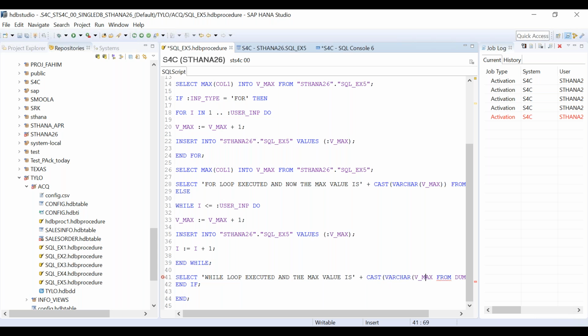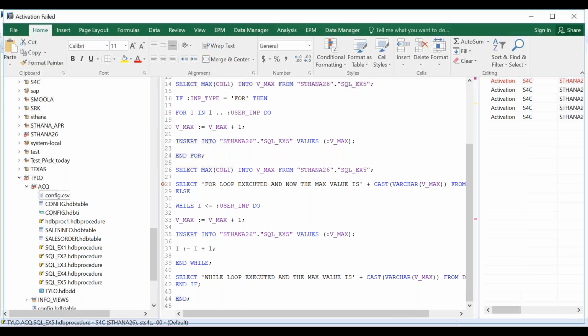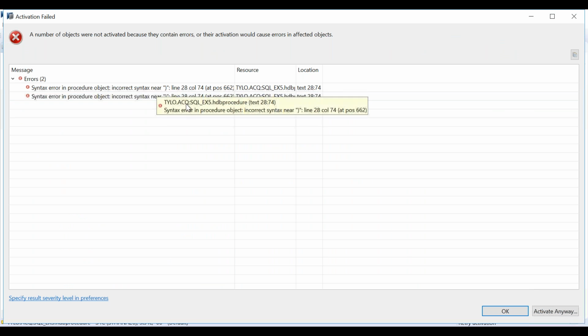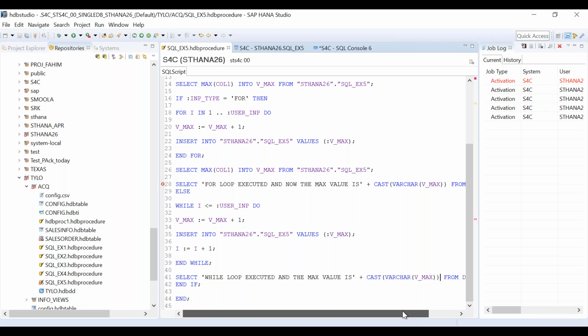You see here. And let's see. I'm making it a little more complex, but with all this, you are actually gaining the knowledge. See now again activation error, syntax error, some bracket missing. What is that bracket?